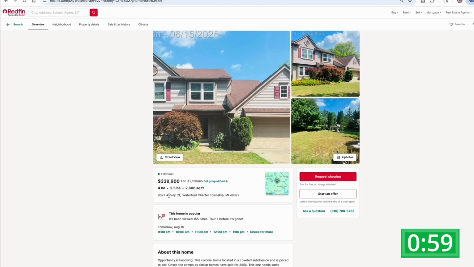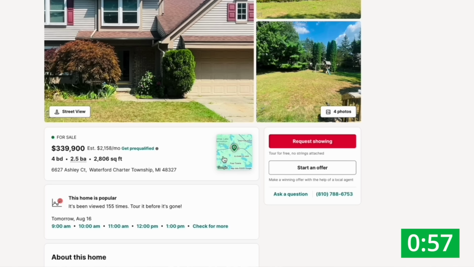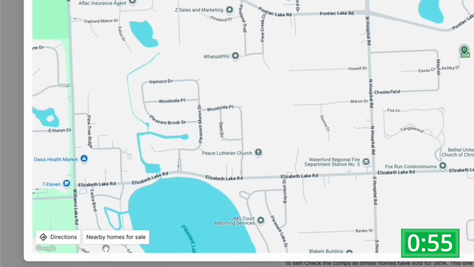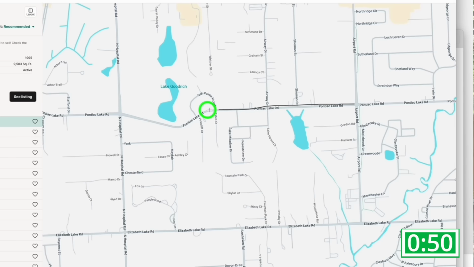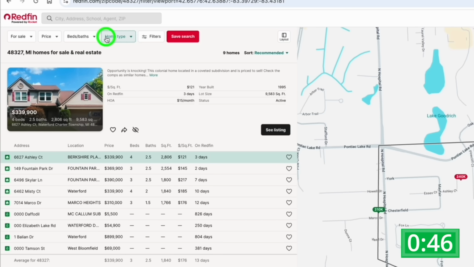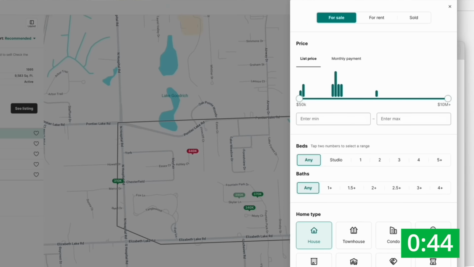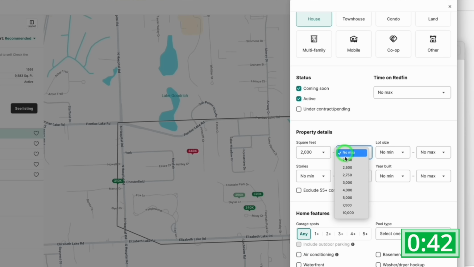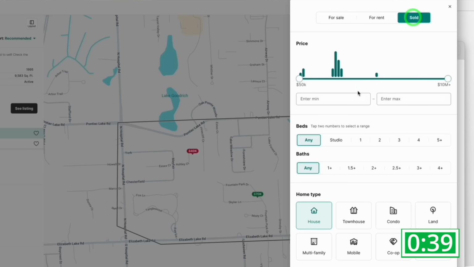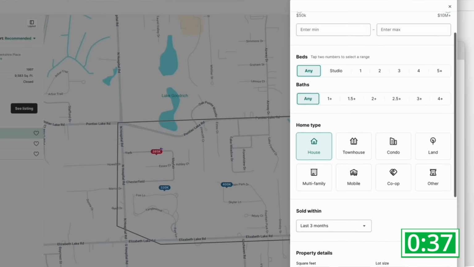Once you have the subject property, click on this map icon right here, and then down in the left-hand corner, click Nearby Homes for Sale, and it sets you up perfectly for comping. After drawing the boundaries, click Home Type, Houses, then add some filters. For square footage, use 2,250 to 3,000, and lastly, switch from active to solds, and make sure that you're only